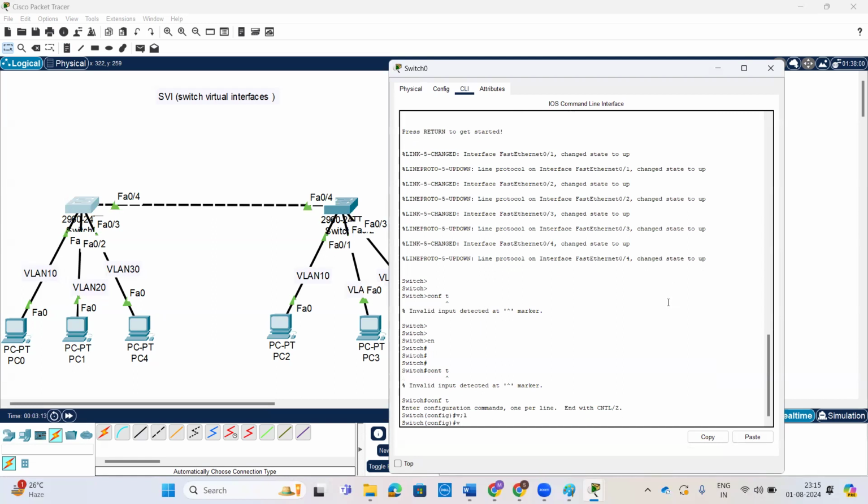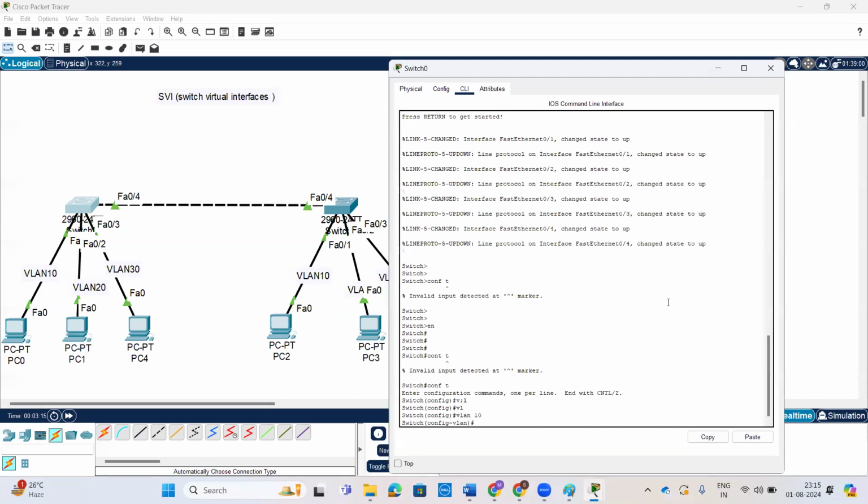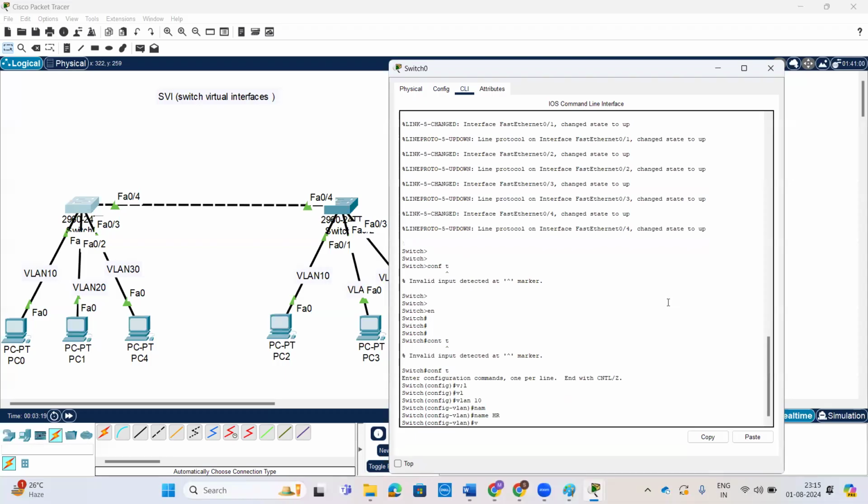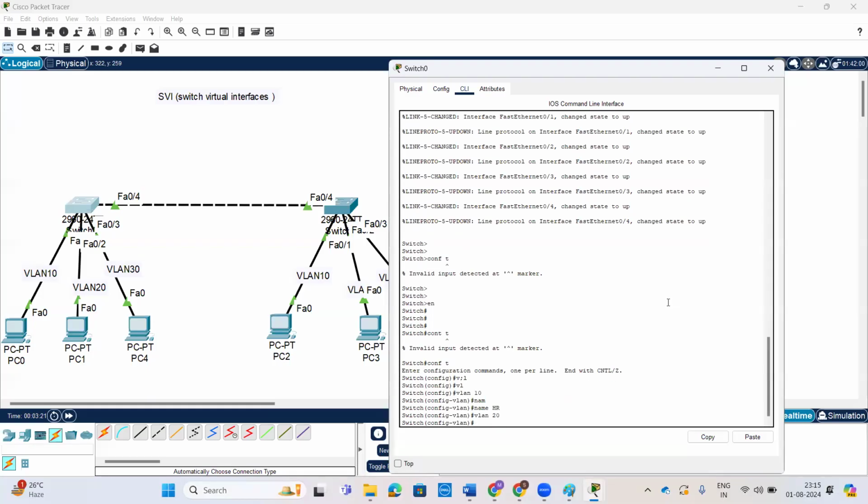VLAN 10, name it HR, and VLAN 20, name it sales,